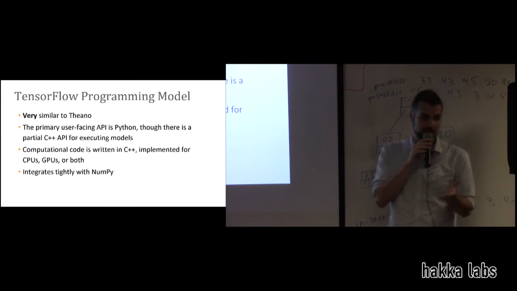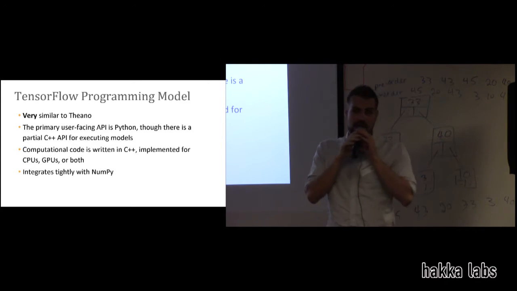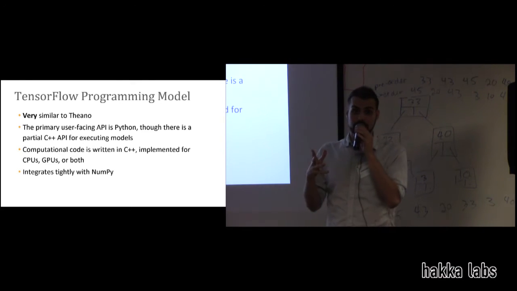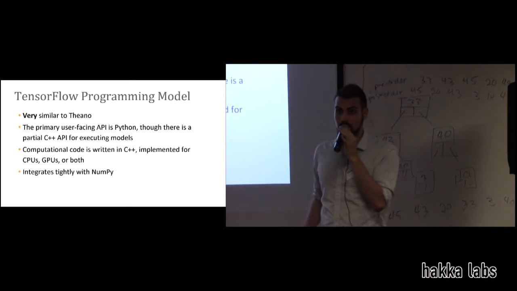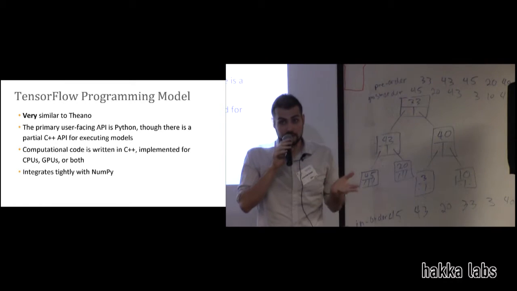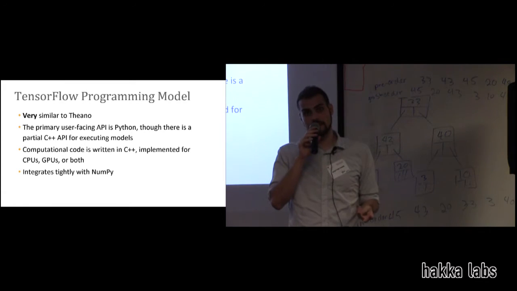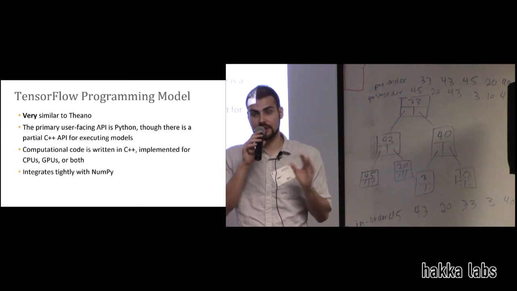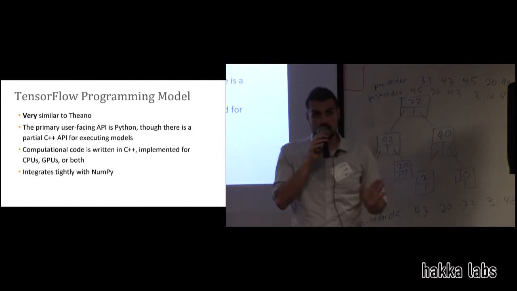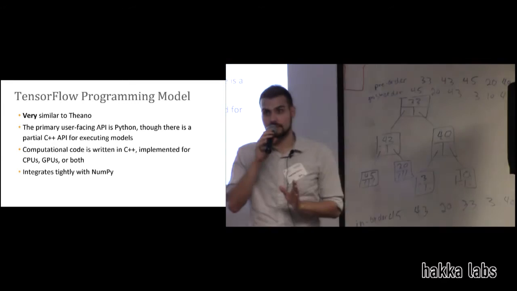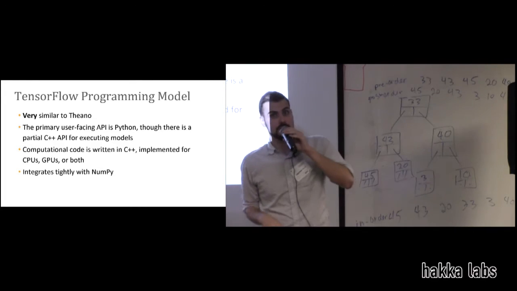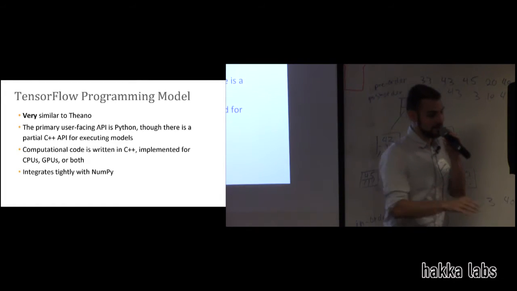So the computational code, as I said, is written in C++, and there are separate implementations for either CPU or GPU for each of the functions written in TensorFlow. In general, everything is capable of being run on CPU, and if they can get additional benefit of being run on a GPU, or if it just is possible to run it on a GPU, even if it isn't highly parallelized, TensorFlow is able to decide to put operations either on the CPU or GPU based on what is possible to go where.